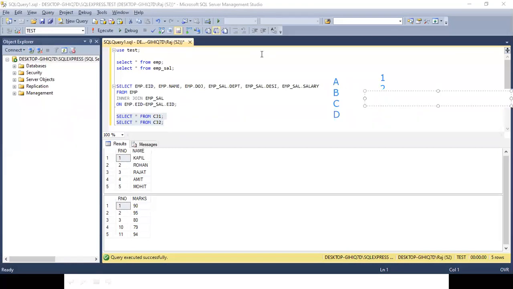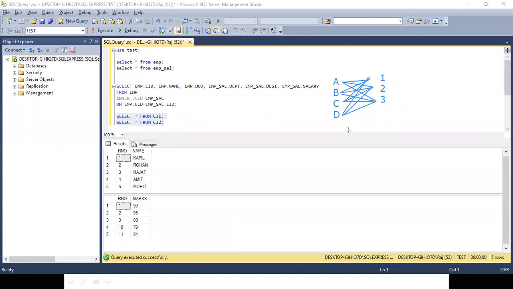It will take the first record from the first table and match it with all the records from the second table. So A will go with A1, A2, A3. Then it will take B, so it will go to B1, B2, and B3. Then again it will take C, C1, C2, C3. And again D, D1, D2, and D3. Right? So it is a multiplication.